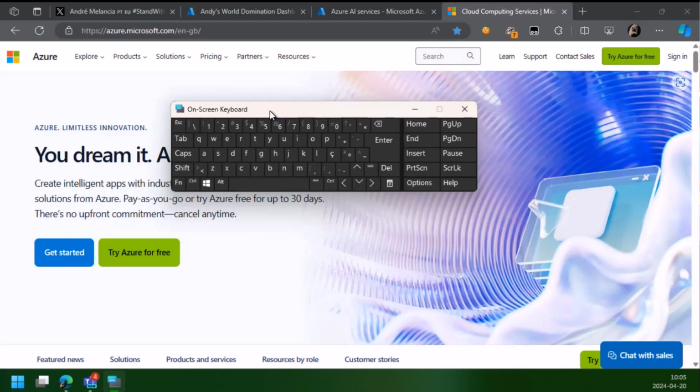PowerToys can do that, okay? I discovered that when I had this keyboard problem. If you always need to click on a key and it's very difficult for your hands in a specific scenario, just move the keys, okay? Use PowerToys, move the keys. Very, very easy to do, okay?